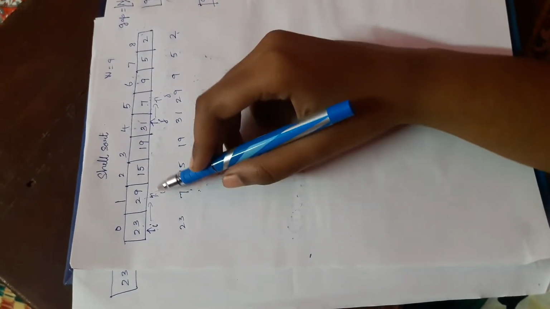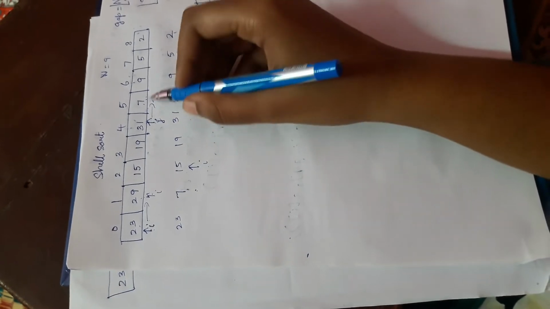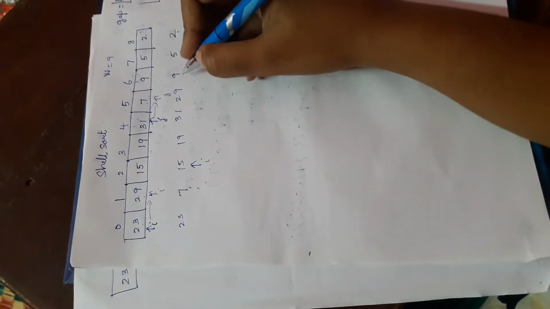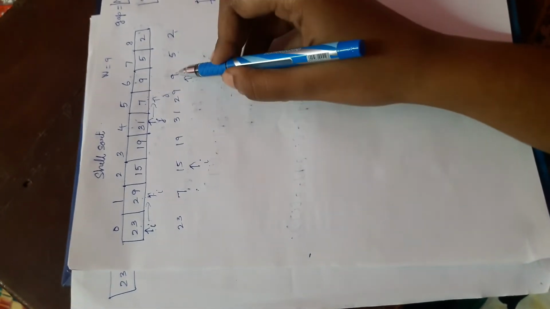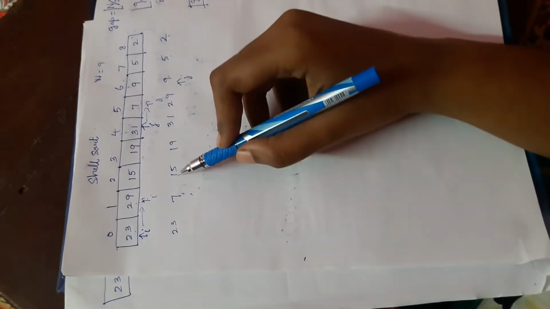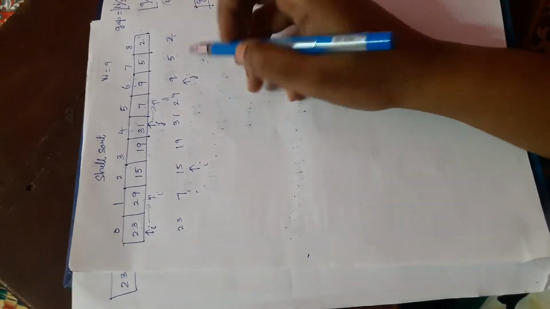Okay, so again next position I have to shift the pointer. So I will be here and the pointer is shifted to here, right? So j will be at 9. So compare 15 and 9. So 15 is greater than 9. So I am going to shift these two values.